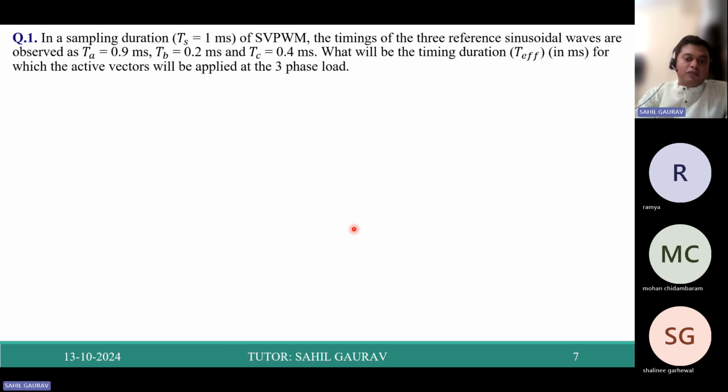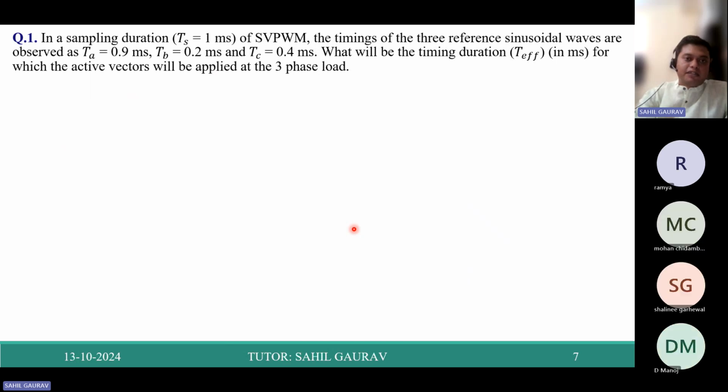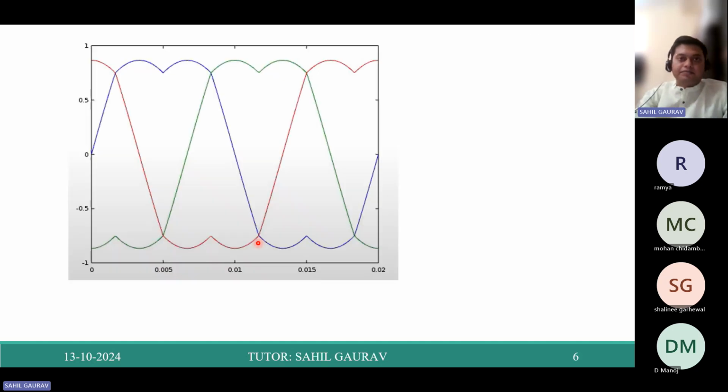So let us see some problems based on this SVPWM technique. In this first problem, in a sampling duration of 1 millisecond,